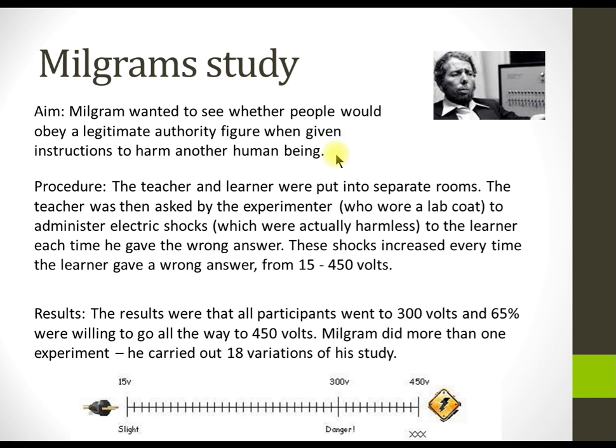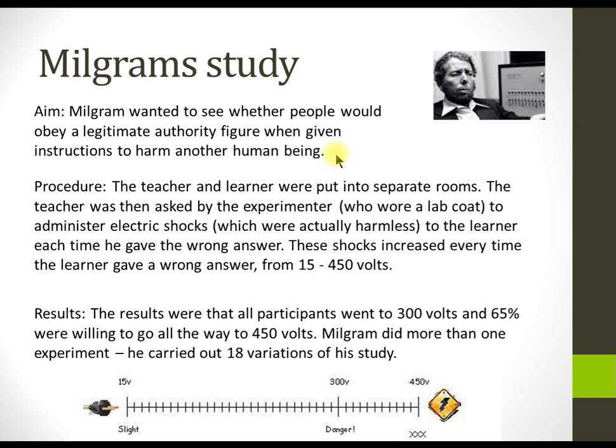The procedure then. You've got this in your guide notes in a lot more detail, which is what you need, but here's a breakdown. The teacher and learner were put in separate rooms. The teacher was then asked by the experimenter, who wore a lab coat, that's interesting, to administer electric shocks, which were actually harmless to the learner, each time he gave a wrong answer. These shocks increased by 15 volts for every wrong answer. What they found was the results